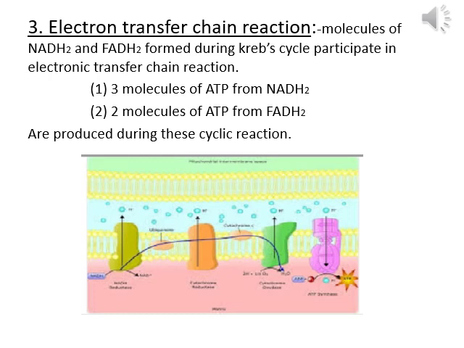In this way, in the electron transfer chain reaction, altogether 34 ATP molecules get produced. You can observe the diagram given on the screen about the electron transfer chain reaction. The diagram is also given in your textbook, page number 14, 2.2, mitochondria and tricarboxylic acid cycle. That you can also refer to.